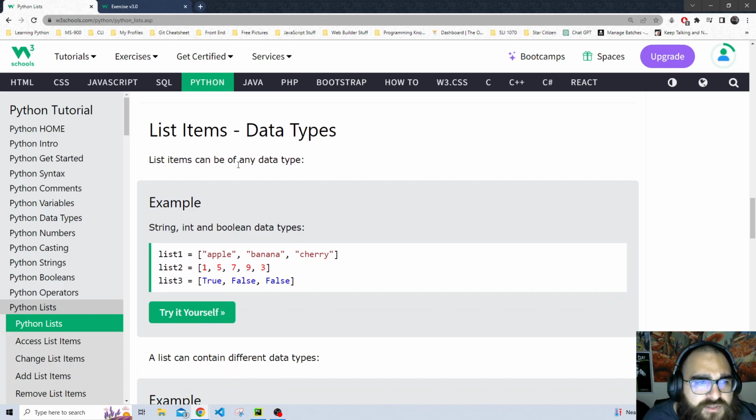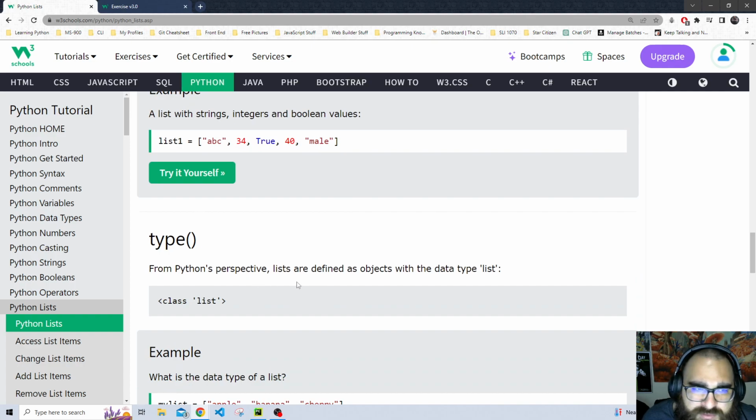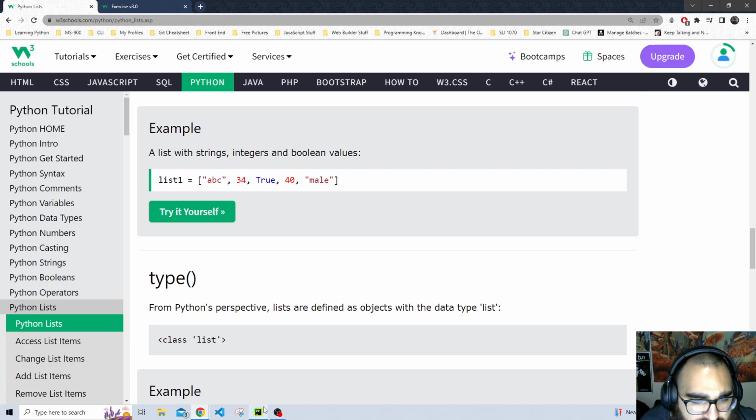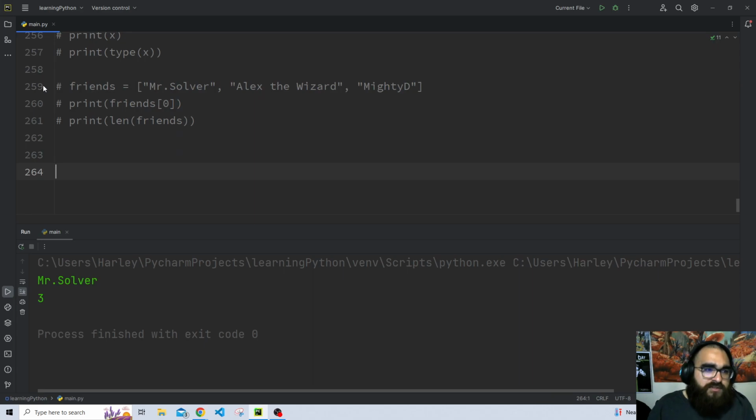List items, data types. List items can be of any data type. So booleans, numbers, integers, even floats. A list with strings, integers, and boolean values. So you can have multiple different types of values. Like that's when you would want, say, the make and model of a car, right? Let's call this my car